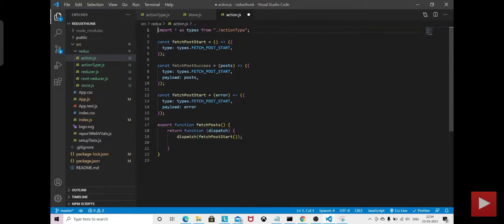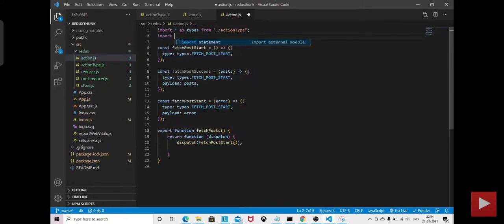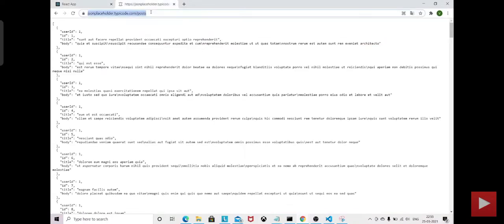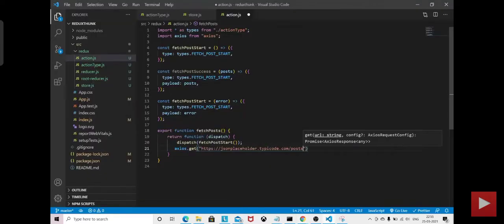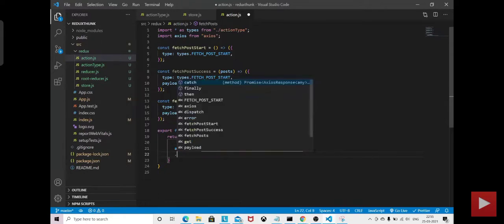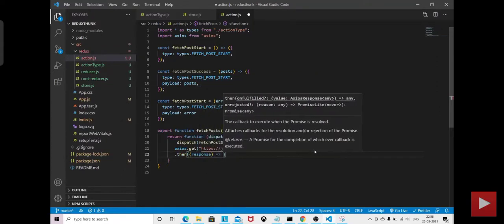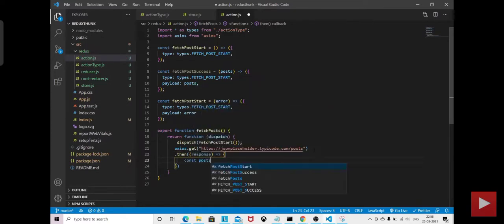Now we need to import Axios. Axios.get, and the API will be this one. Then post, post filter,